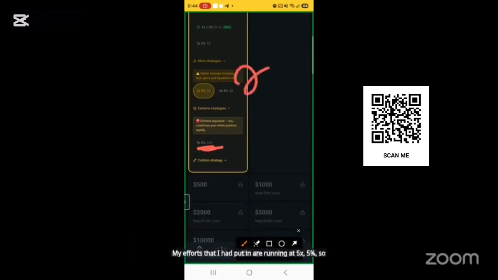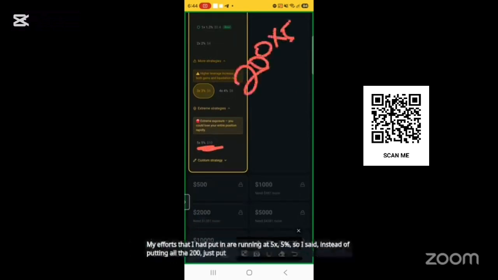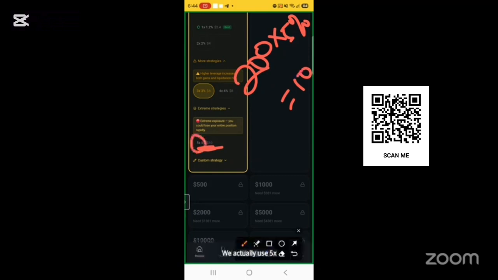So instead of putting all the 200, just put in 5%. In this case, it will be $10. Then make sure you use 5x per trade. 5x per trade. But let me recommend